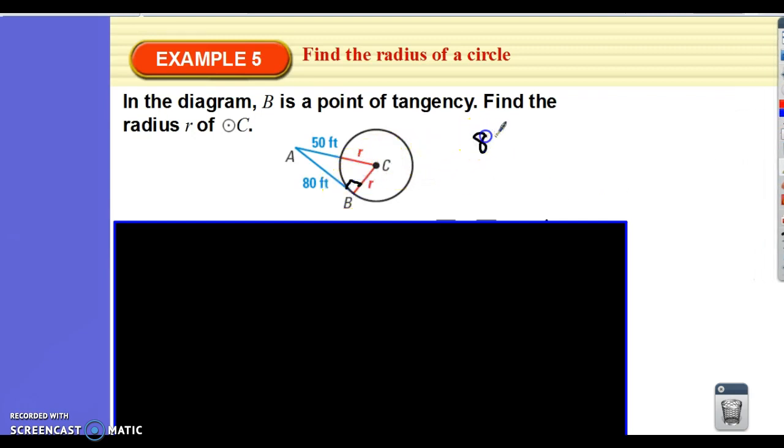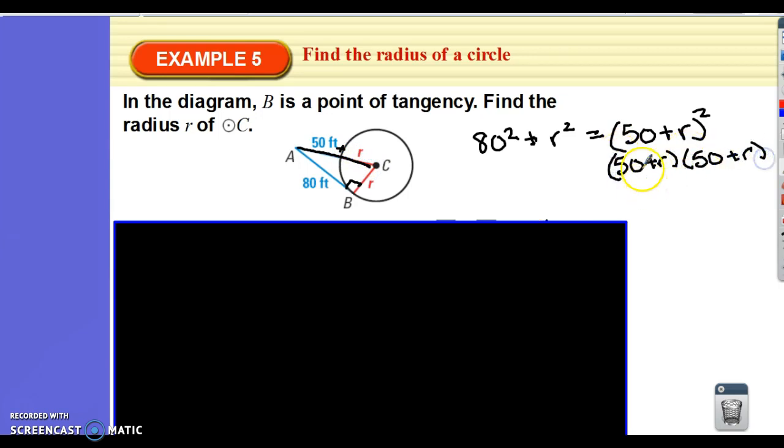So since that's 90 degrees, then 80 squared plus r squared must equal 50 plus r, squared, because the entire hypotenuse is 50 plus r. 50 plus r squared is 50 plus r times 50 plus r, which when you FOIL that out, you get 2,500 plus 50r plus 50r plus r squared equals 80 squared, 8 times 8 is 64 with 2 zeros, plus